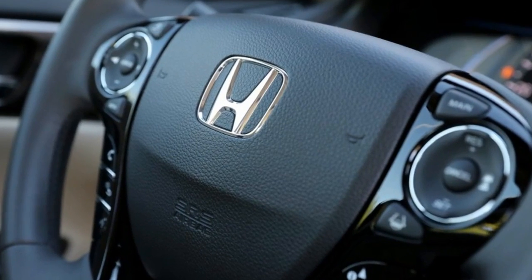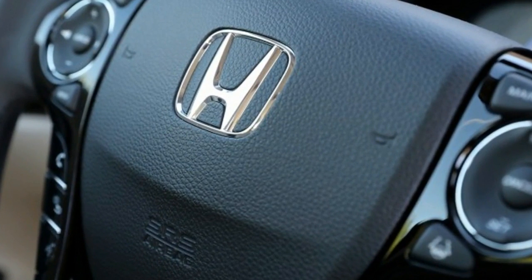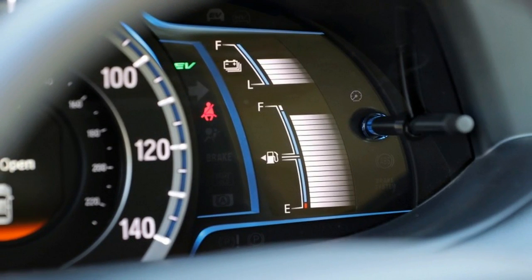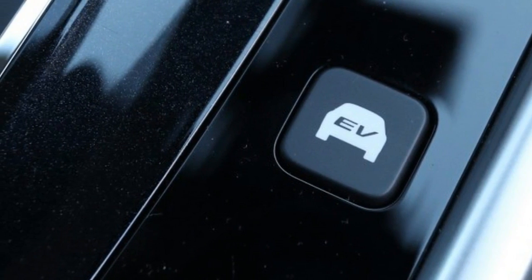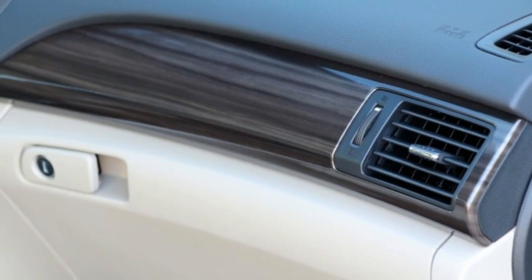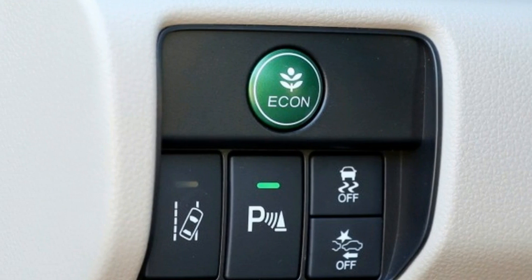Its stopping distance from 70 miles per hour, 195 feet, also is significantly longer than those of the non-hybrid Accords. However, the Hybrid pulls a reasonable 0.81 g on the skid pad despite the vocal protestations of its Michelin Energy Saver A/S tires. The Accord Hybrid doesn't include paddle shifters,